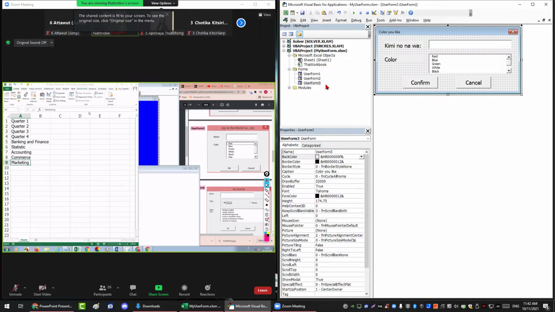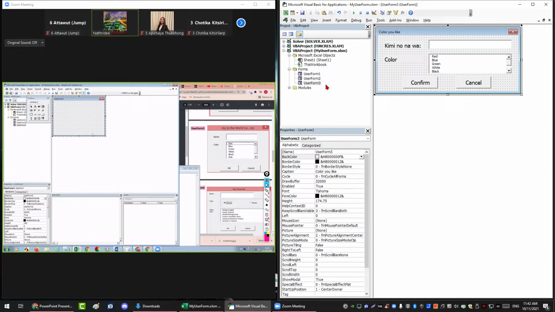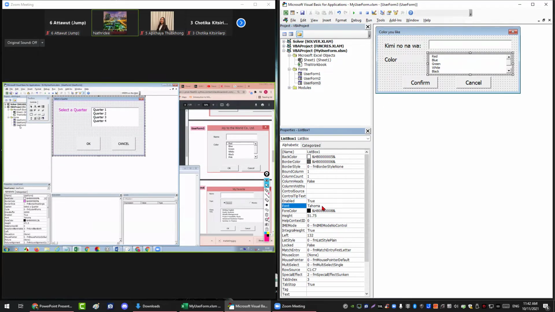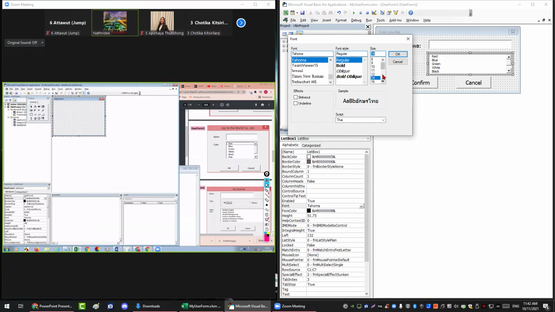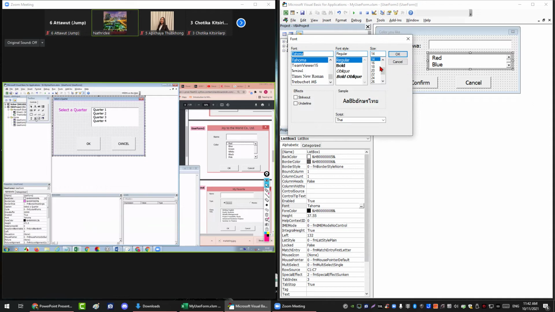Make sure that you have 3 user forms already. So the third one is going to be ping pong. You have both of this and this. Okay, this one we use the list box, and this one I guess